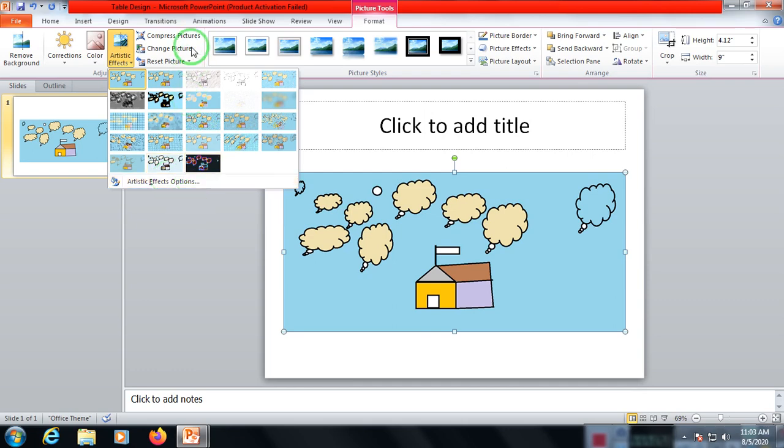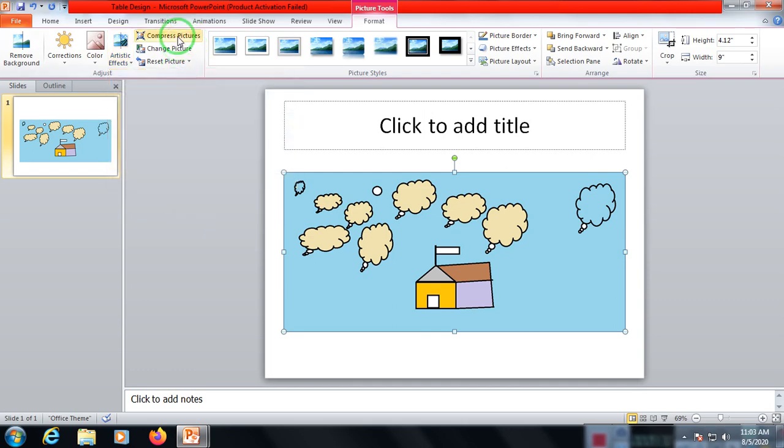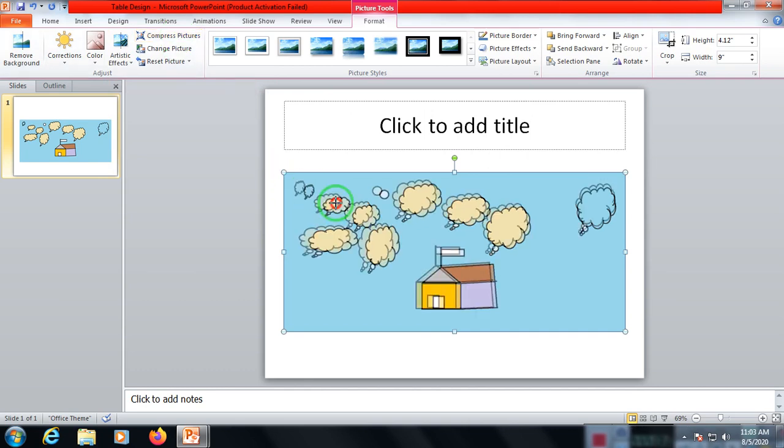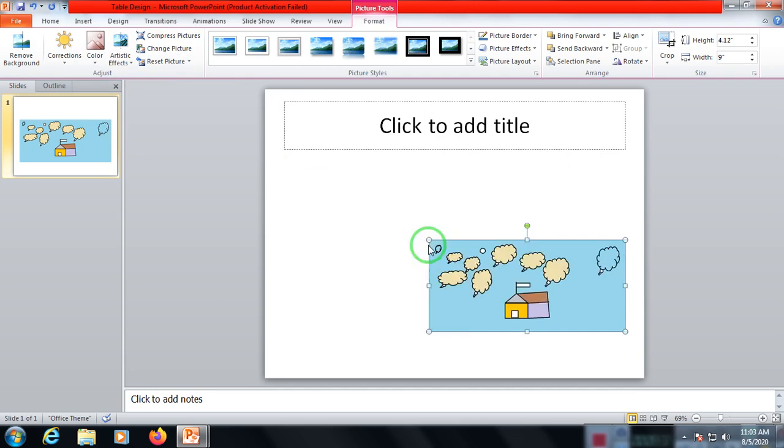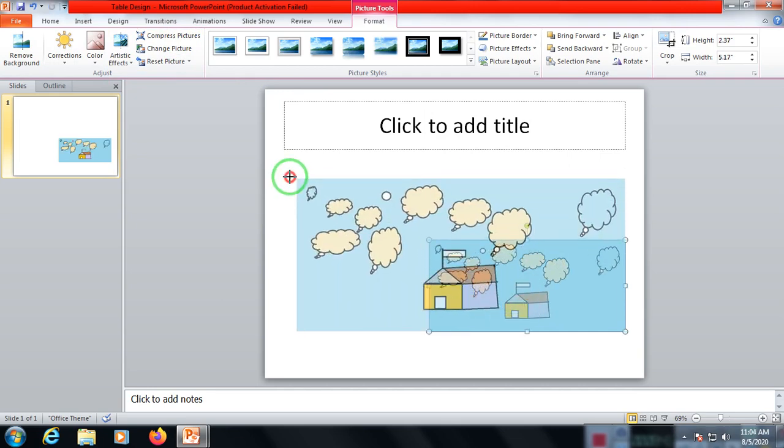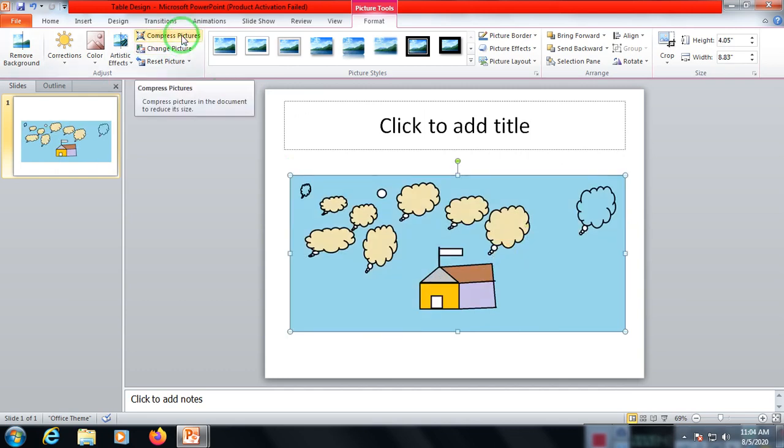Then we have compress picture. We can compress a picture. If you want to make the picture smaller, we can directly compress it like this, and if suppose you want to compress, you can use the compress picture option. Change picture option is used to change a picture.